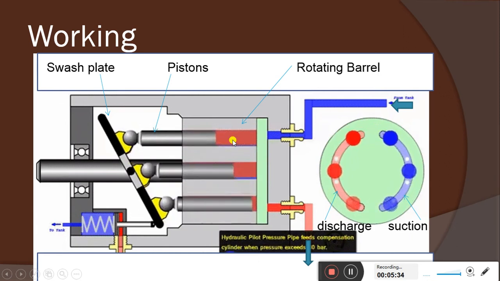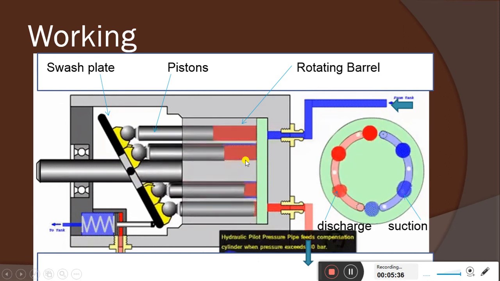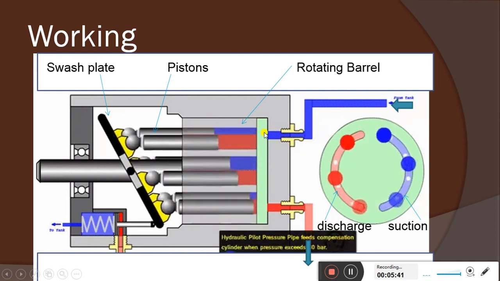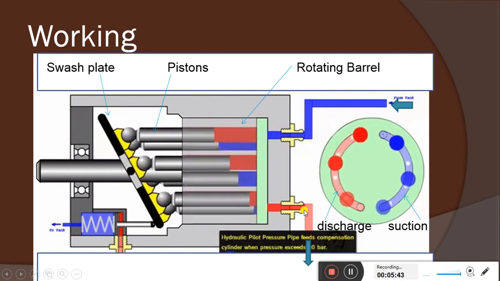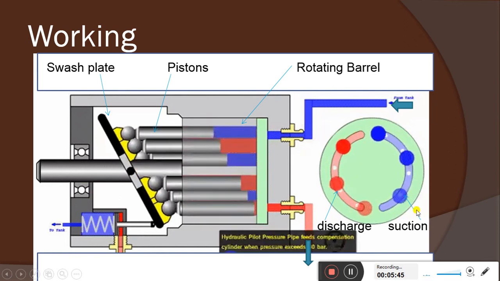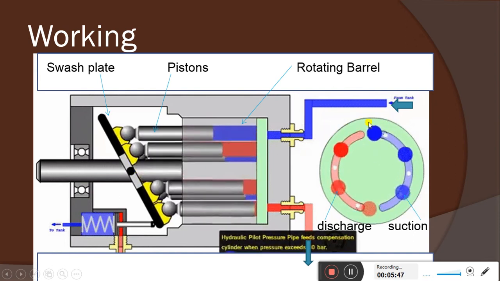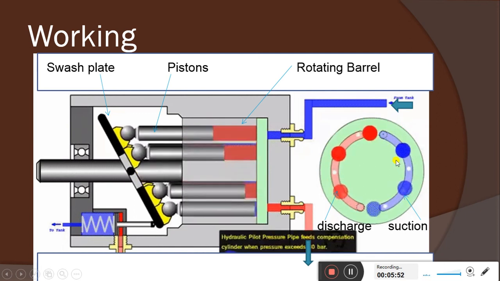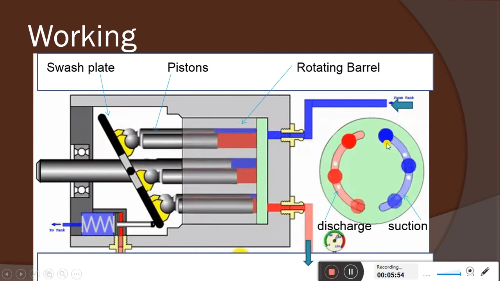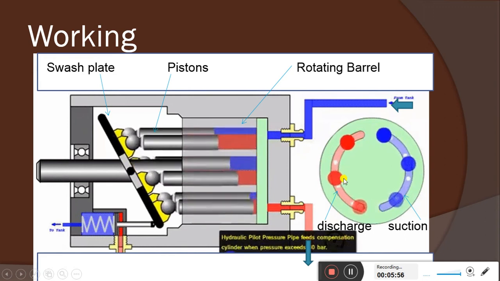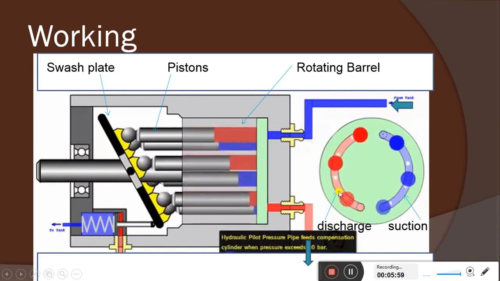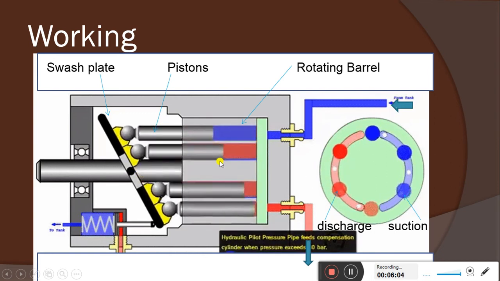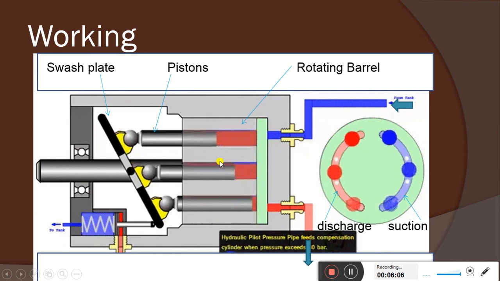Blue color is having the suction, and in red color it is having the discharge. So in this portion the inlet takes place, and similarly the outlet takes place here. So you can see here in this side view, if you consider this is a barrel, rotating barrel. As the piston rotates, in half the portion the blue colored suction stroke takes place. In the other half portion, the discharge of liquid is going to take place here. So like that, the working of this swash plate piston pump takes place.